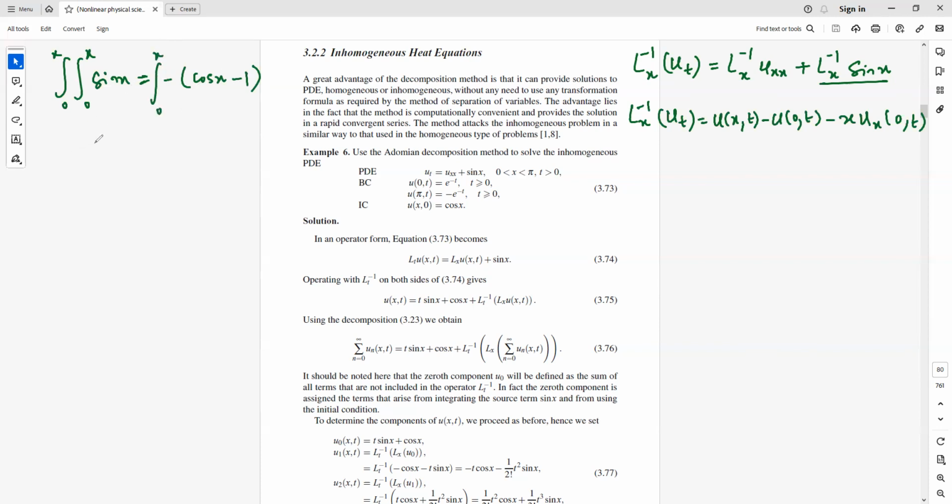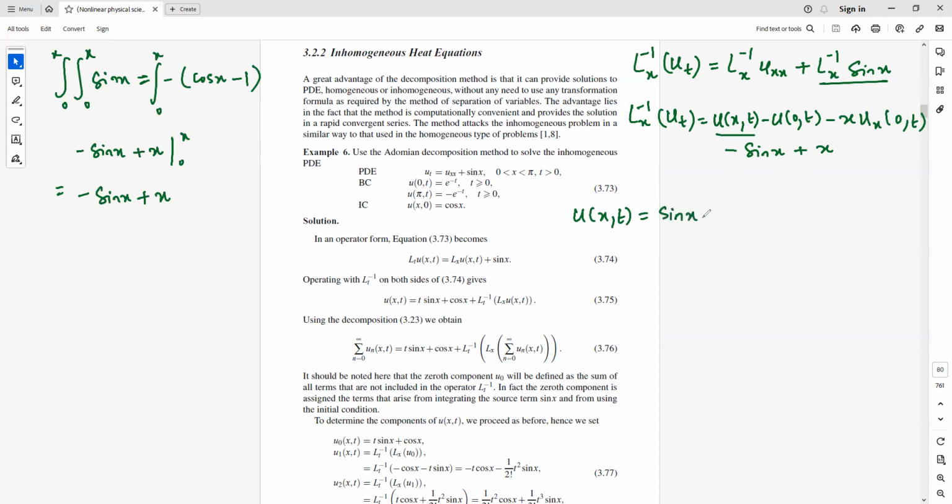and if we integrate this again, then we are going to get negative sine x plus x from 0 to x, and we will get negative sine x plus x. So we need to add this term here, that is negative sine x plus x. Now we need to retain this term on the right side and move all the terms on the other side, so that will give us